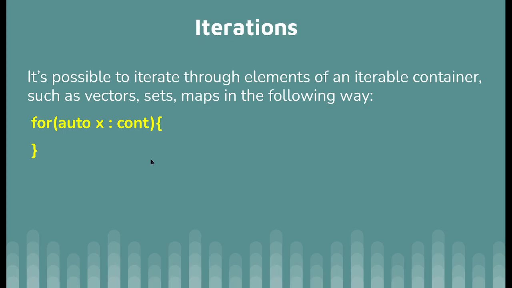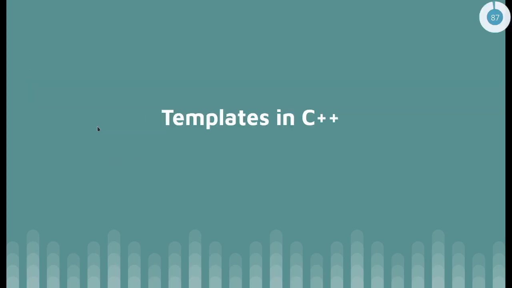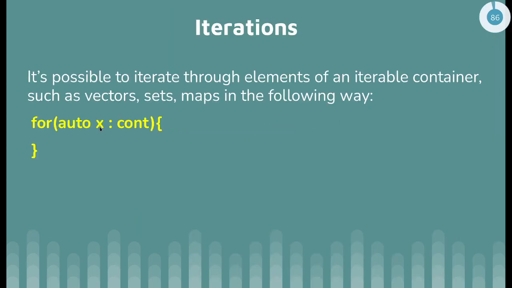You cannot iterate through a queue. Queue is not an iterable container. Also a stack is the same, I think. But suppose you have a map, a set, or a vector, you can iterate through the elements, and they are sorted. But this way, you are basically iterating through the elements of this container.